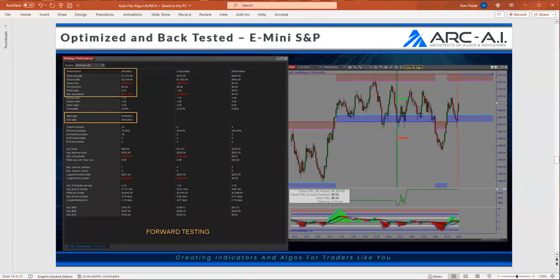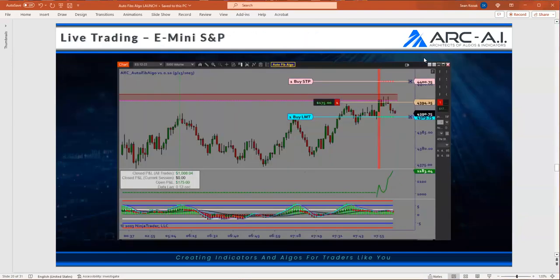Why do the forward tests work so well? Because it's leading analysis built on 6 levels of Fibonacci confluence, period. Mic drop. That's the way it is. It's not momentum. It's not, well, it's going to wait for the market to do this. No, we know in advance where the trades are happening, period. Just like we would plan any type of major level software. So let me go into some examples.